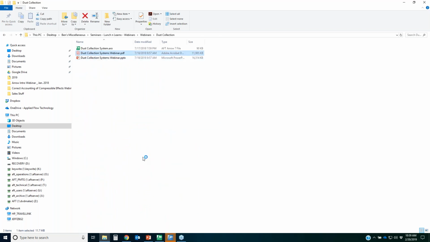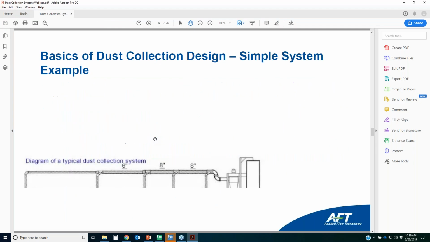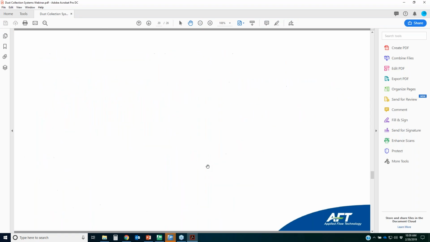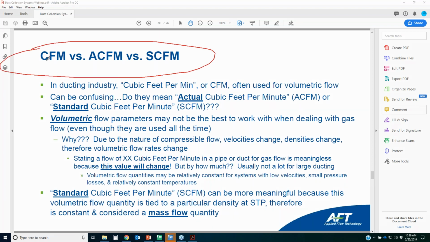And it contains the discussion that I did on actual cubic feet per minute. And where did I talk about it? Here it is. So as you can see, there's a lot of differences there,